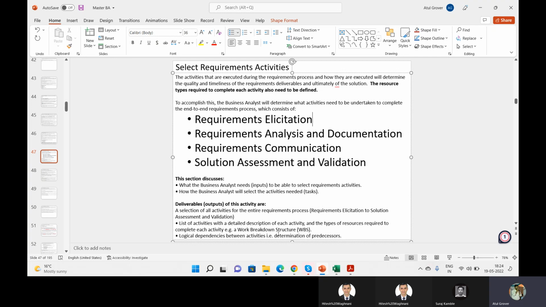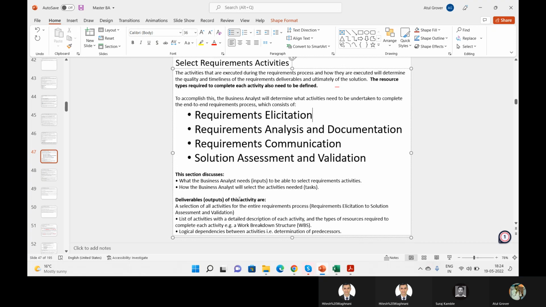Build a dependency between the activities. Because if you are getting a requirement, then building an incident and change and problem. We are the 3 BAs. We met our stakeholders. Now we're sitting together and we're building a